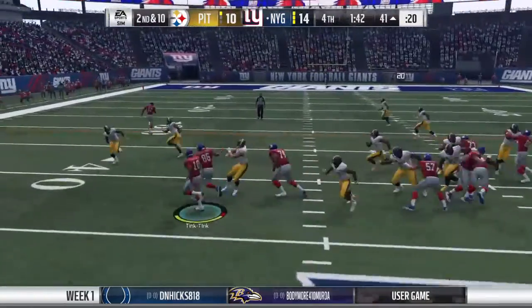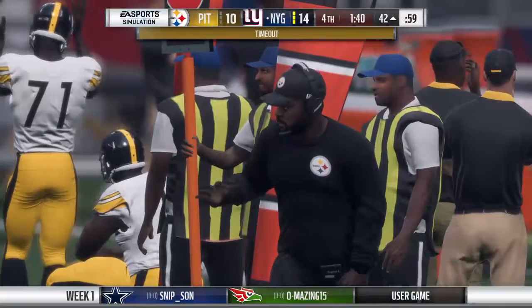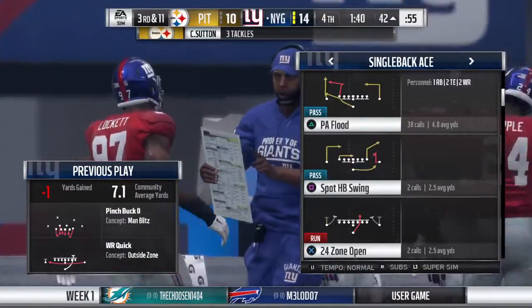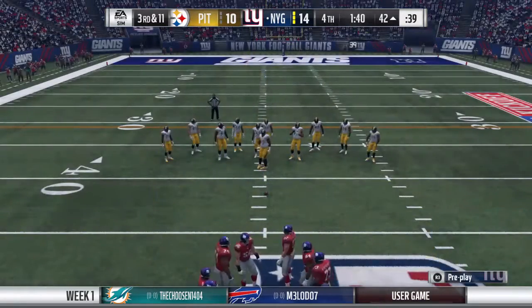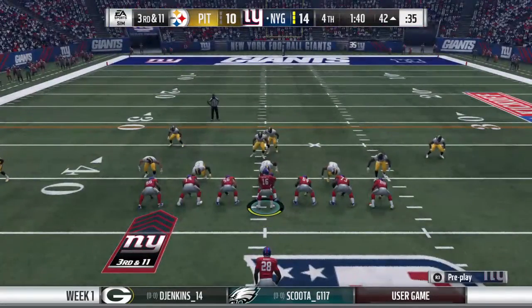Oh, a design run for their wideout. And this one's going to go the wrong way. Losing yardage back at the 42. And play is stopped here. Timeout. It's the defense calling the timeout here. That'll be their third and final stoppage here as we step aside. Hurry up, here we